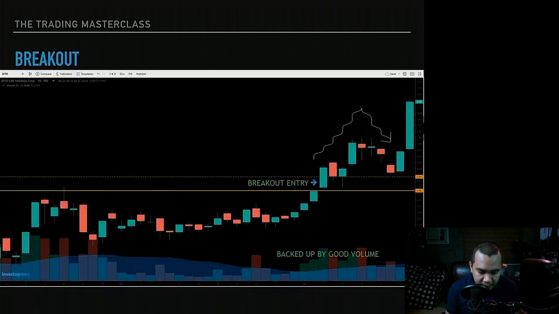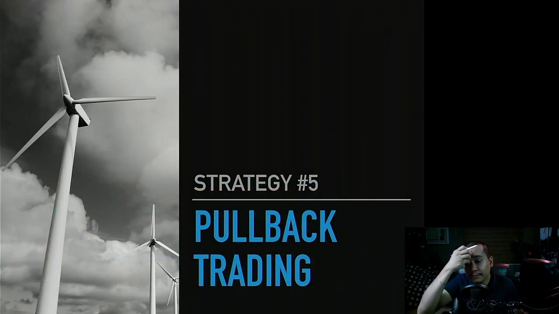So here's an example of Dito, of a chart. This is Dito, one of the hottest stocks right now. So here's a resistance right here. Once this price was hit, prices tend to go down already. And then when it did a breakout, that should be your entry point, and you should be earning from this point already. So that's a good breakout entry right there. Okay, so that's a breakout strategy.